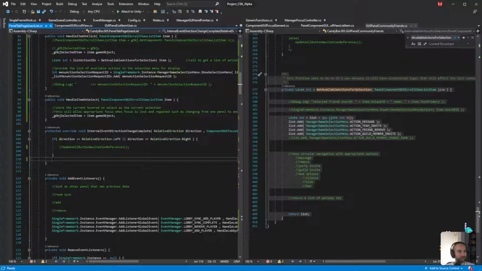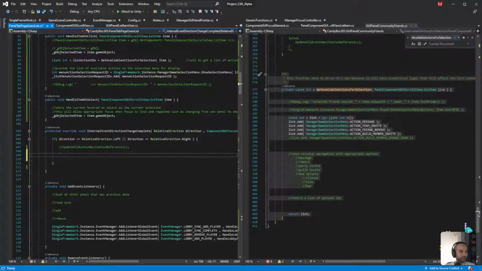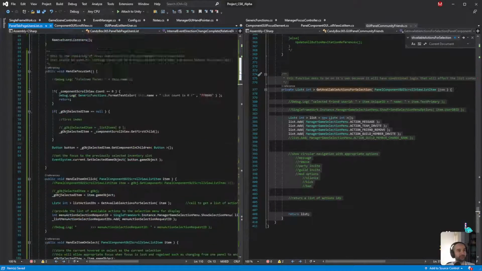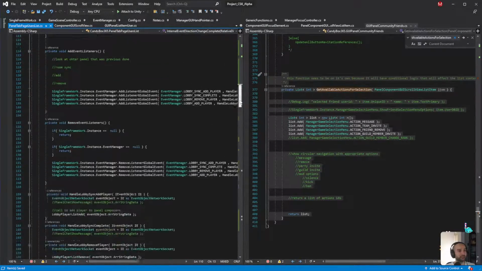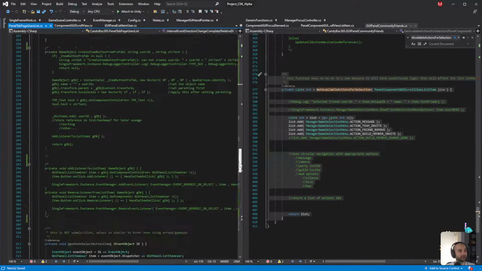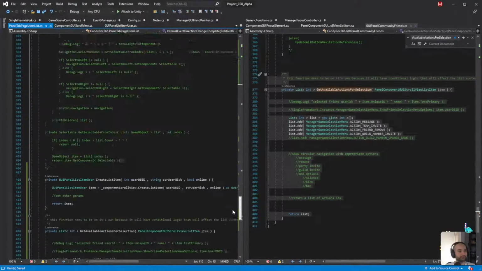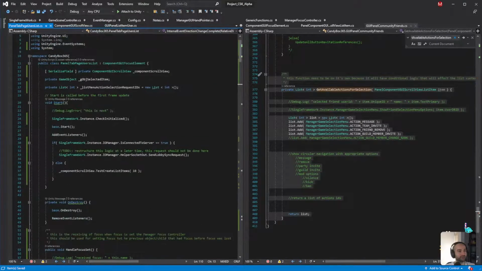So if direction equals left or right, we want to call component scroll view dot update navigational references, because all that logic is nested. Now I can remove all of this green stuff that I commented out. That's a lot of stuff I took out. That's now redundant.